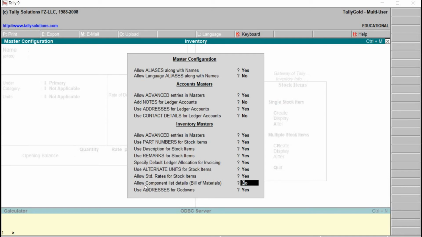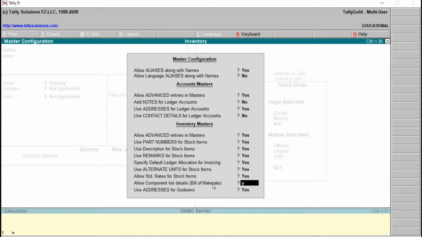Next one, allow component list details, that is bill of materials, right? This is no, we can set this one to yes. If this is set to yes, what is the use of this one? Practically, we are not going to see regarding bill of materials.